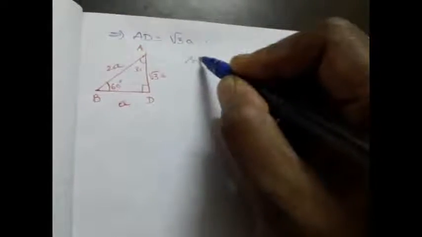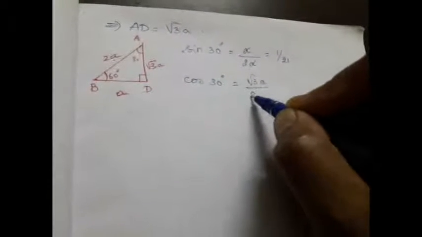Now this is what we have, right? We are going to consider this half of the triangle, ABD, and this side is 2A. We found AD as root 3 A and BD as A. Now let us define all the trigonometric ratios for both 60 and 30. First let us define for 30. What is sine 30 degree? It is going to be opposite side divided by hypotenuse. So it is A by 2A, A will get cancelled, so it is going to be 1 by 2. Now what is cos 30? Cos 30 is going to be adjacent side divided by hypotenuse. So root 3 A divided by 2A, so it is going to be root 3 by 2.